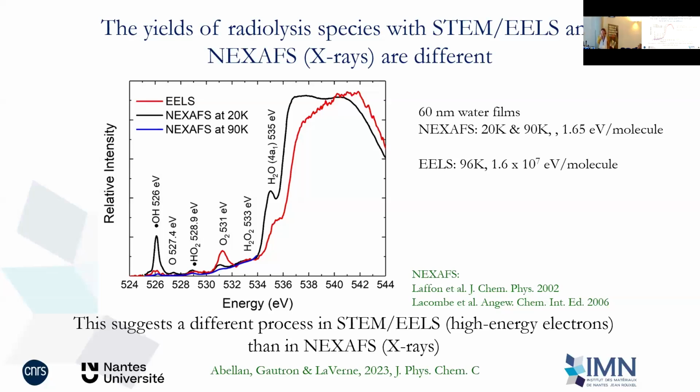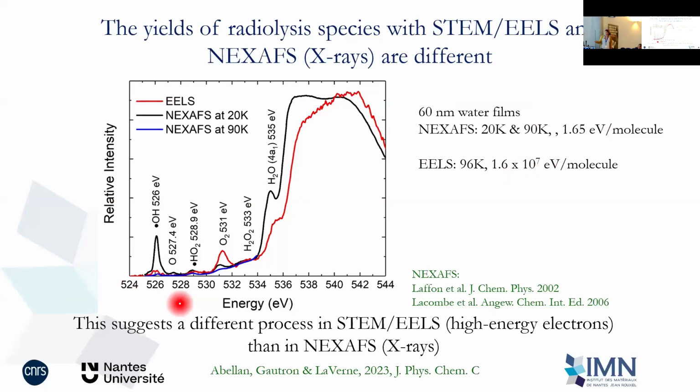And what we did was compare this with X-rays in the synchrotron, or the data published by the group of Lafont here, NEXAFS, so we can do this comparison. They have data at 20 Kelvin, similar conditions. We are in both cases talking about 60 nanometer. Probably mine was thicker because I used the normal methods for the thickness. But anyway, 60 nanometer water films, and then 90 Kelvin, 96 Kelvin for some of the measurements. EELS was 96. There is a NEXAFS at 90 Kelvin, a huge difference between the energy that we introduced, but